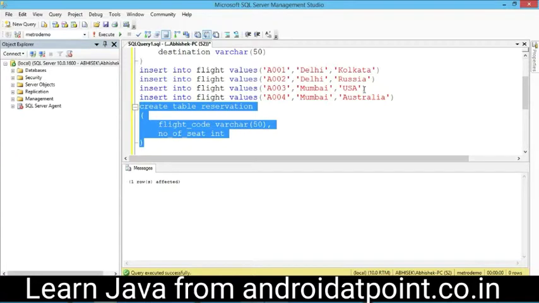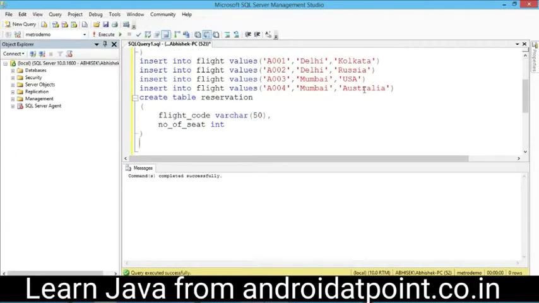Select the query and execute the query, okay, and next I will insert 3 records inside the reservation table: